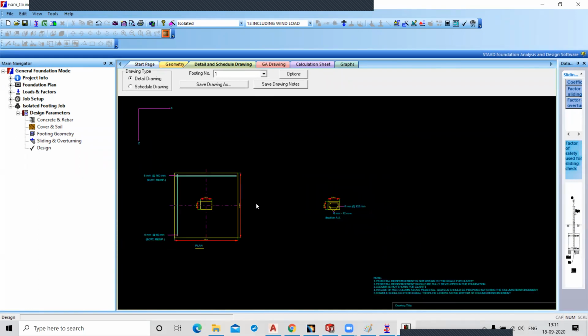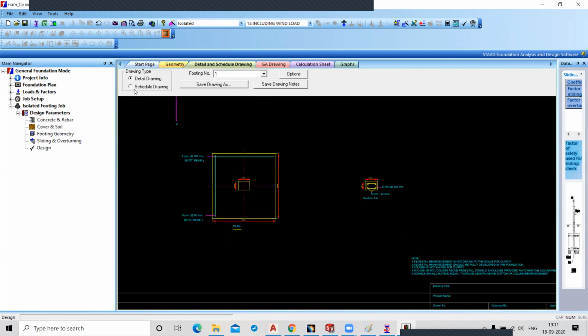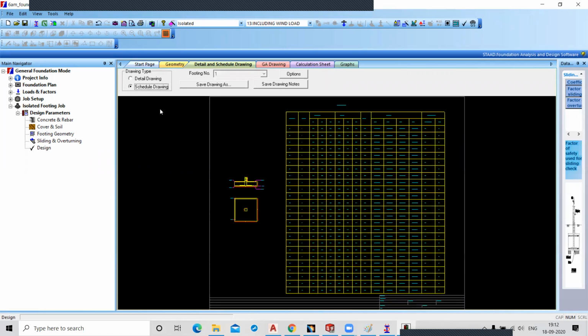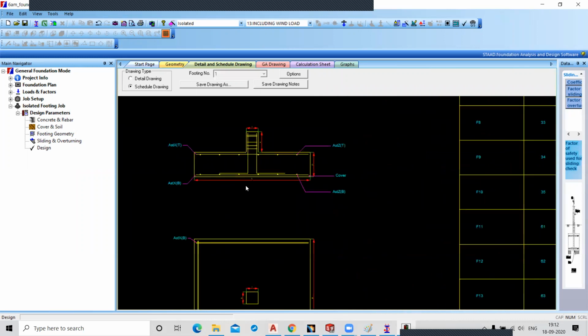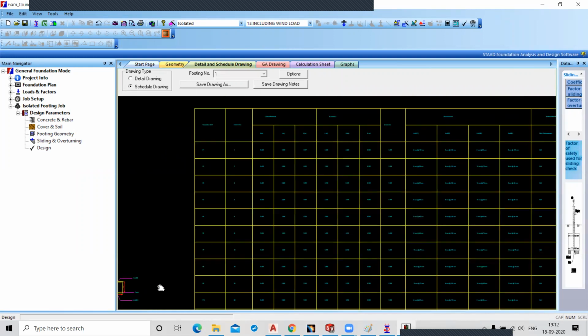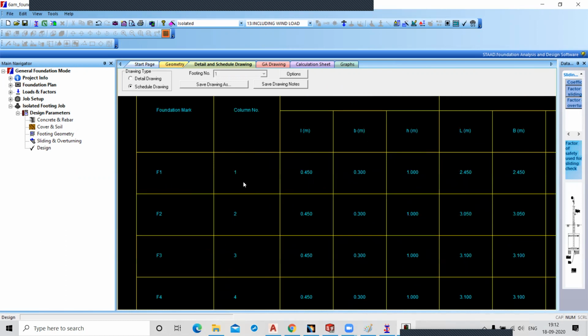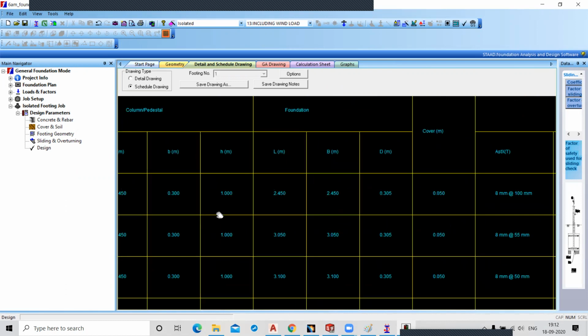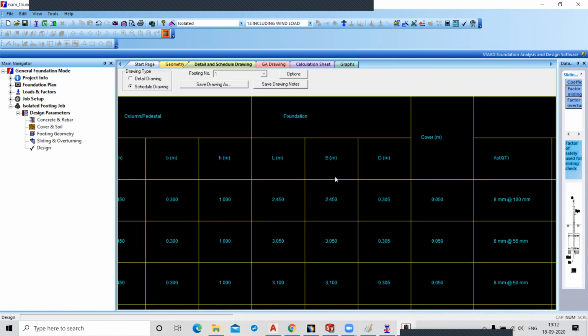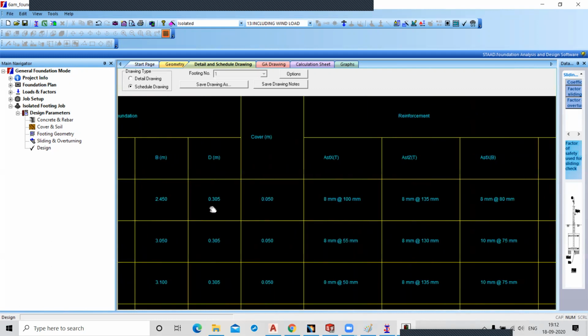So this is the detailed view. If you want the scheduled view, click on the scheduled view. So this is your scheduled view. Each and everything is here. F1 means footing 1, column 1. This is your column length, width or height. This is your foundation length, foundation width, or foundation depth.